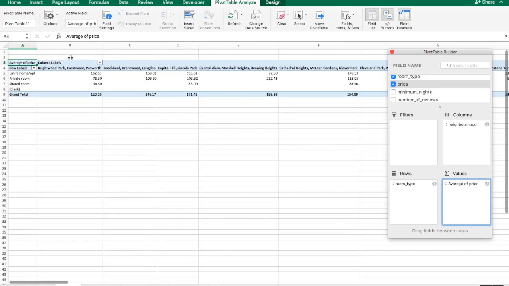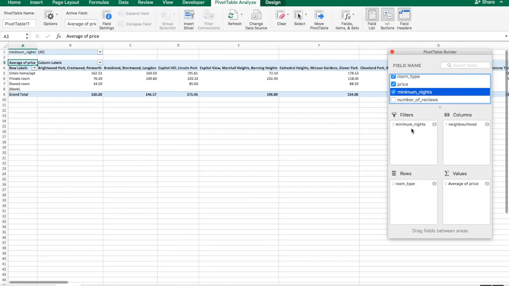And so then for this example, we want to see the amount of nights, because we want to stay 1, 2, 3, or 4 nights. We don't want anything shown where the minimum amount of nights you can stay is, say, like 7 days. So we're going to put a filter just so we can see rooms that are available for that amount of nights. So you drag minimum nights into filters, and then over here